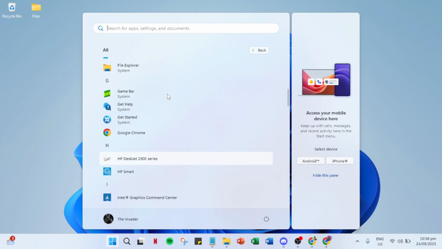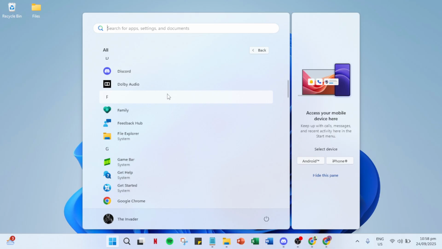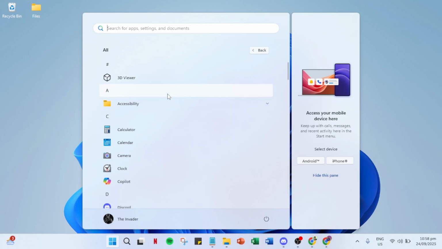Once you've found the app you're looking for, you might be tempted to double-click it right away, but hold on. The next step is to click and hold the app's icon. This step is crucial, as it lets you select and prepare the icon for dragging. Gently drag it out of the Start menu and onto your desktop. This action is simple but effective in organizing your desktop work area.